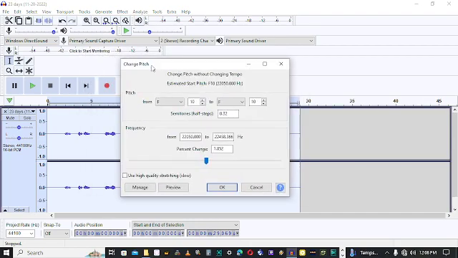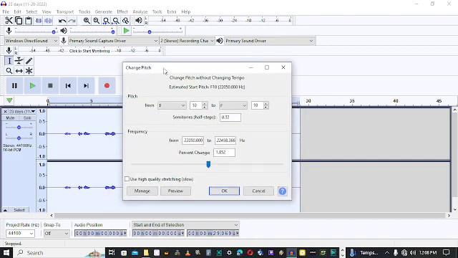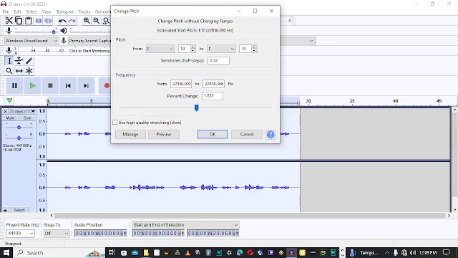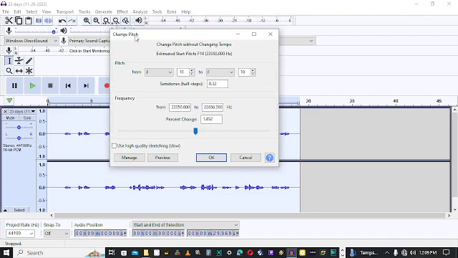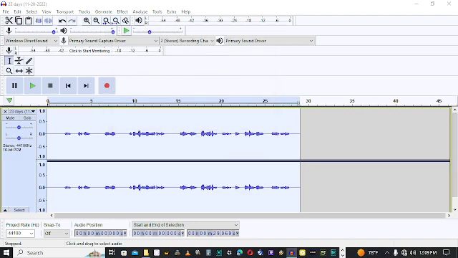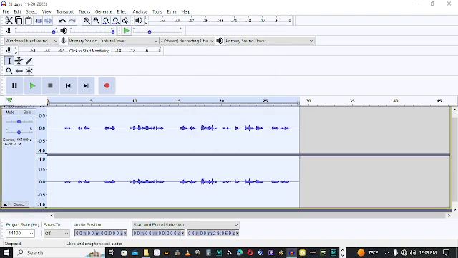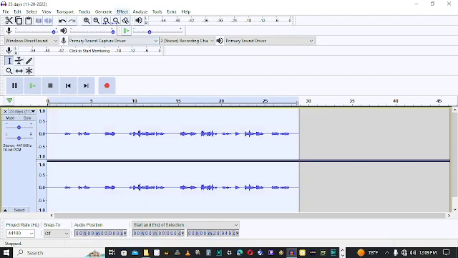Now, given the version of Audacity I have, it's possible that it might not work exactly the way it does for me, for you. So you'll have to experiment. Okay, now we want a pitch shift that goes up, it reverts in a way. I'm not going to check high quality stretching, I'll just keep that unchecked. So percent change is plus, no minus, 1.852, right? So let's do that. Now we got the pitch change back while our AMs are different.